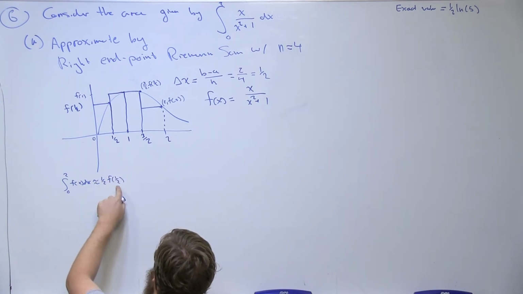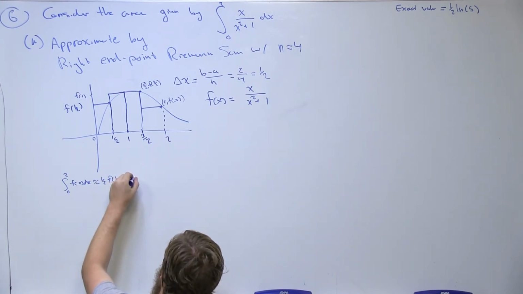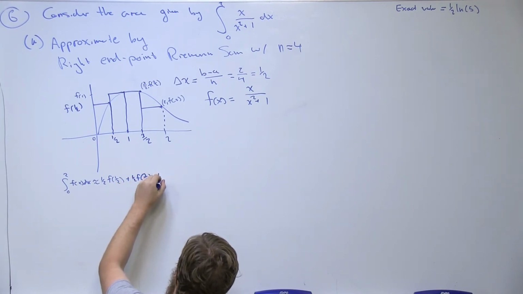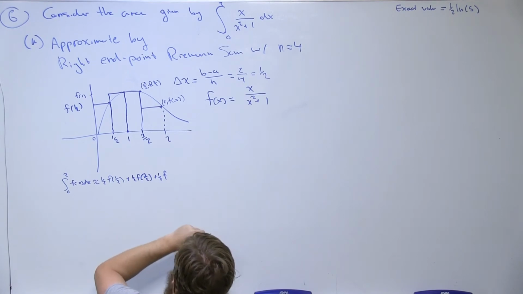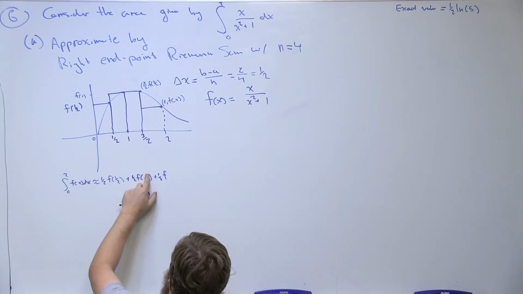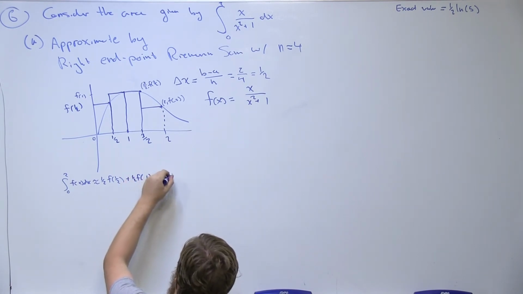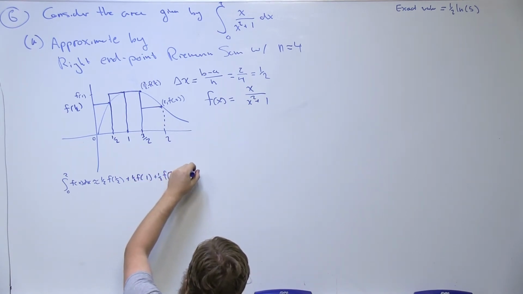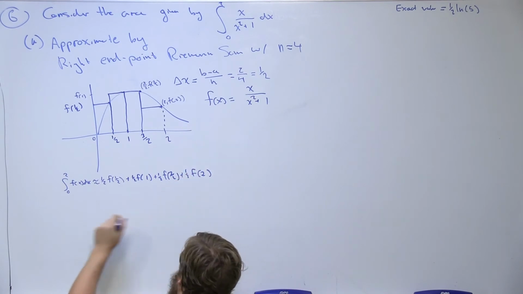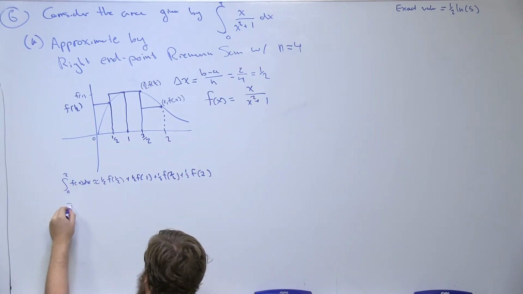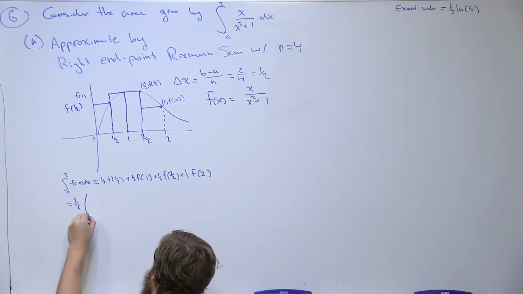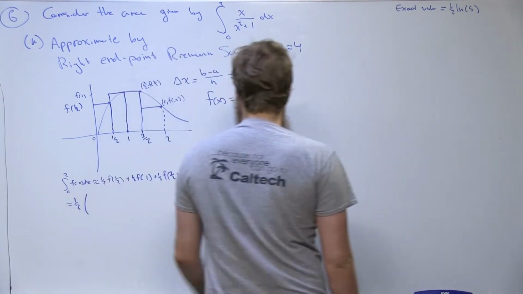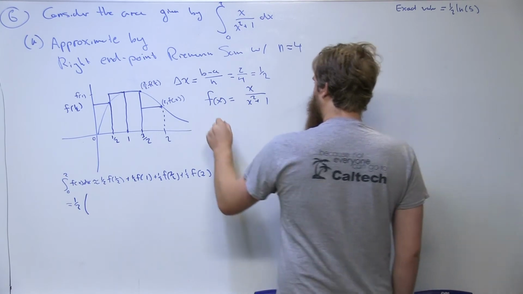This is my width, this is my height, plus 1/2 f of 1, sorry, this guy should be f of 1, plus 1/2 f of 3/2, and then finally plus 1/2 f of 2. And we can factor that 1/2 out to make our lives easier and figure out what each of these guys are. If f of x is equal to this, then f of 1/2